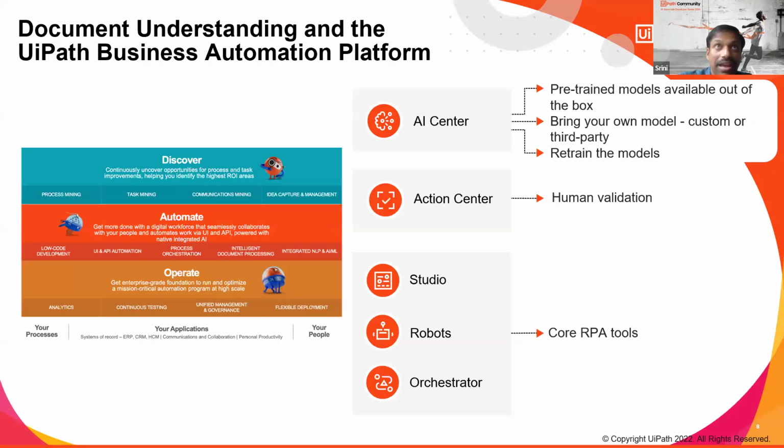From AI Center, we can consume some pre-trained models which are available out of the box. Okay. And we can also train our own model in the AI Center, and we can retrain the model itself in the AI Center. And by combining Action Center with document understanding, there is a validation station which we can